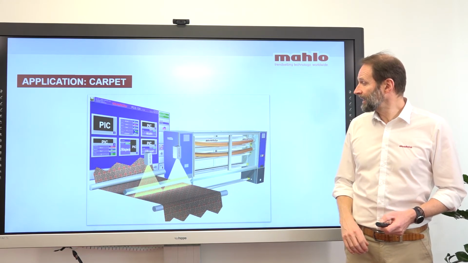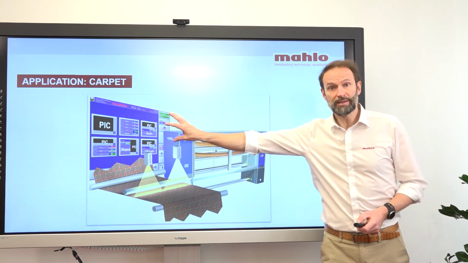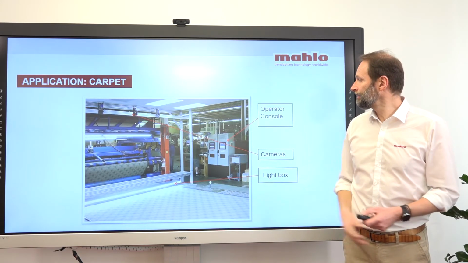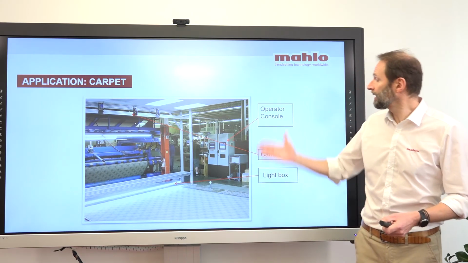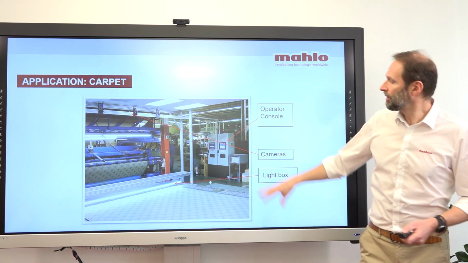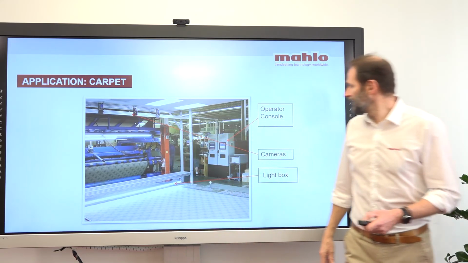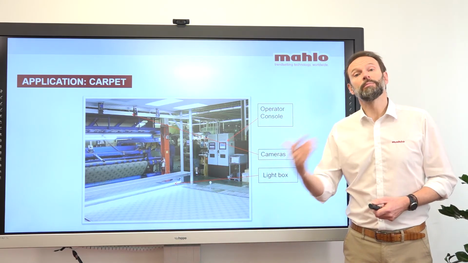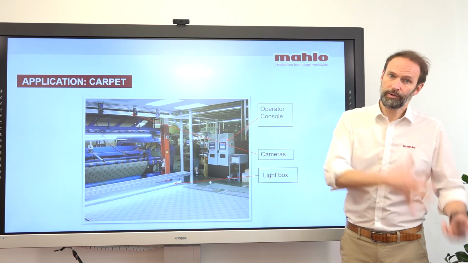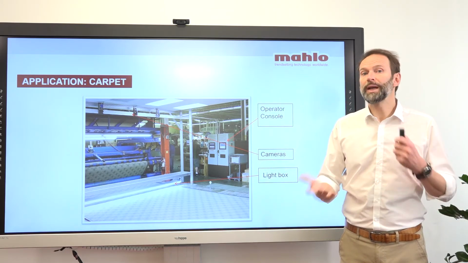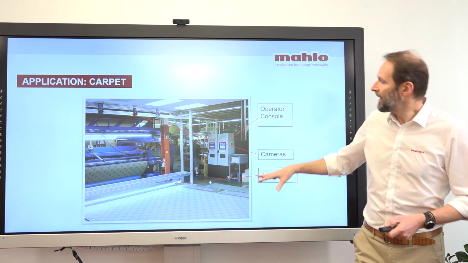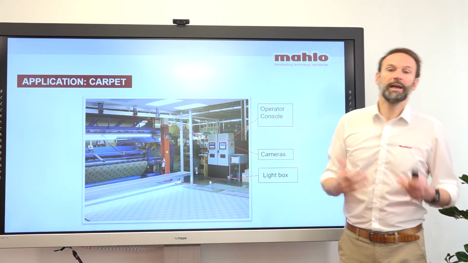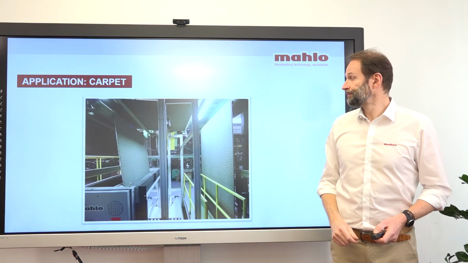This would be the installation that we have. This is the weft straightener. This is the brain. This is the host computer. And here are some examples how it would look like. There we have the operator console. Here you can see the lines, and there is the light box, which is giving you the necessary light. We work either with transmission light or with reflection light, whatever gives you the best result. And the cameras are up here. As you can see, here are many cameras in order to give you the best resolution ever.